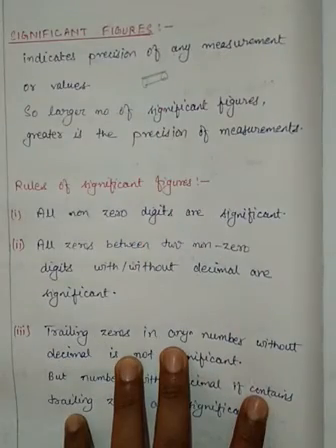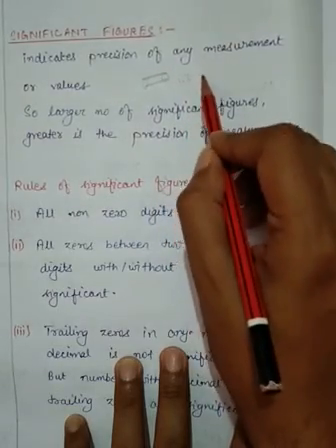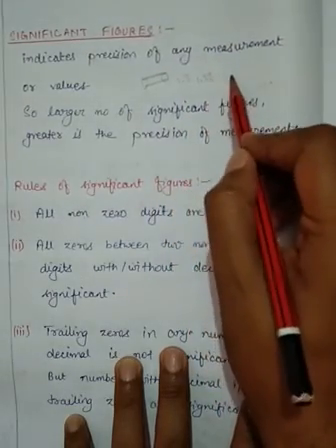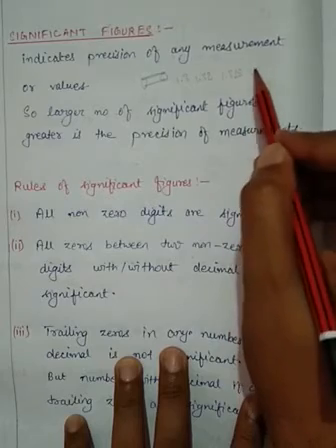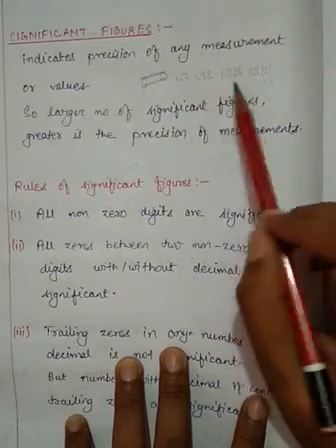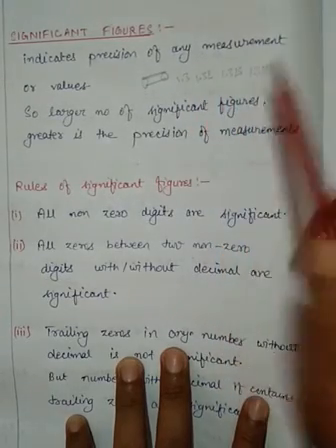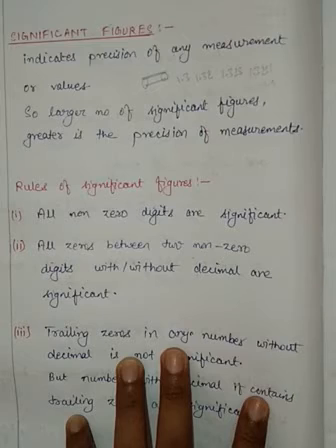Suppose that we are measuring the diameter. So, someone is getting 1.3, someone is getting 1.32, someone is getting 1.325, someone is getting 1.3257. Now, see, the more the integer parts or the decimal parts are coming, it is obviously showing that the calculation is more and more precise, more and more close, or more and more resolved. Okay. So, simply, significant figures indicate the precision of any measurement.